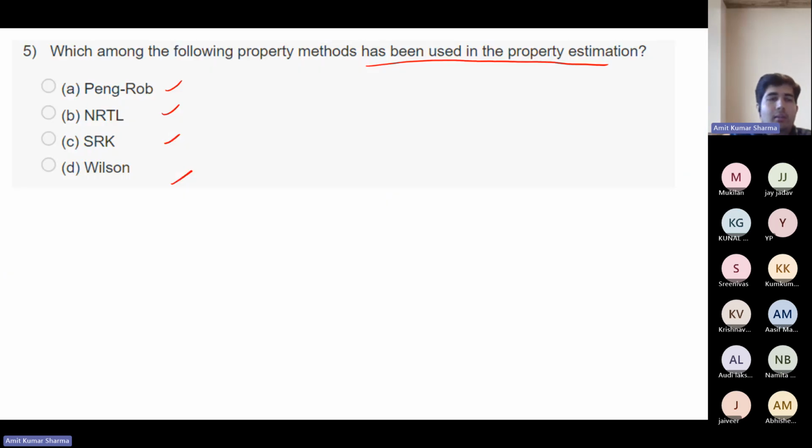Let's wait for another answer. Anyone else? NRTL. Okay, please explain the reasoning also. So Henry's law we are using, so it's an ideal model. Okay.